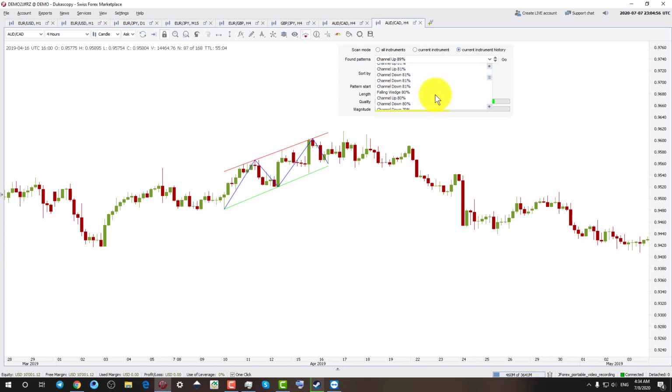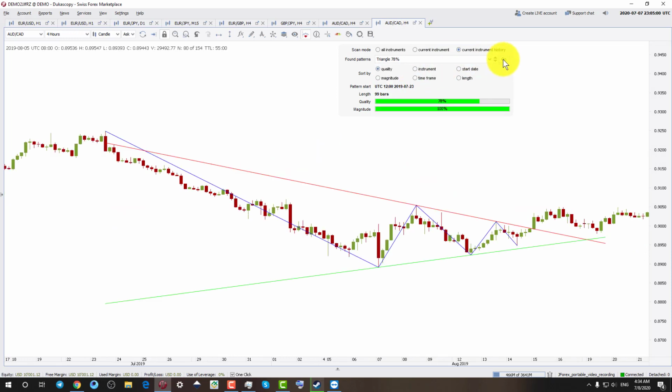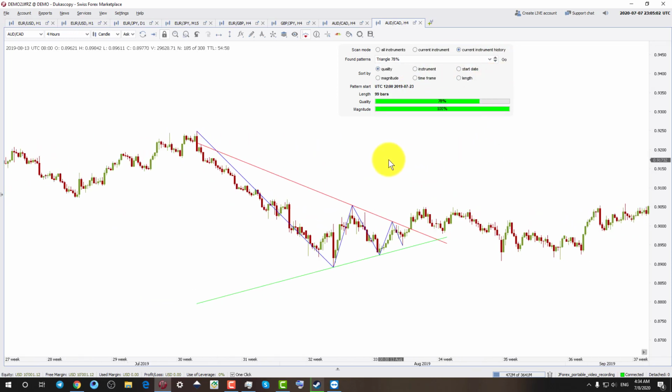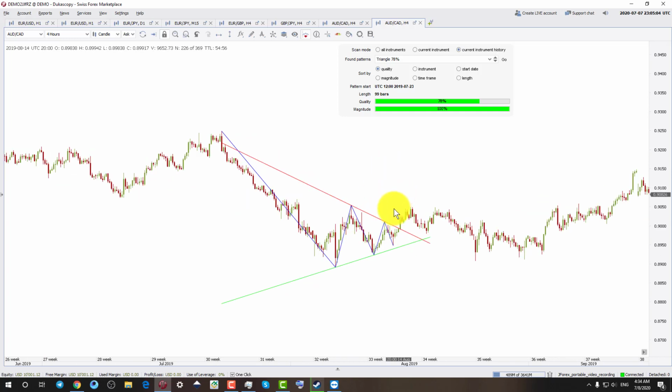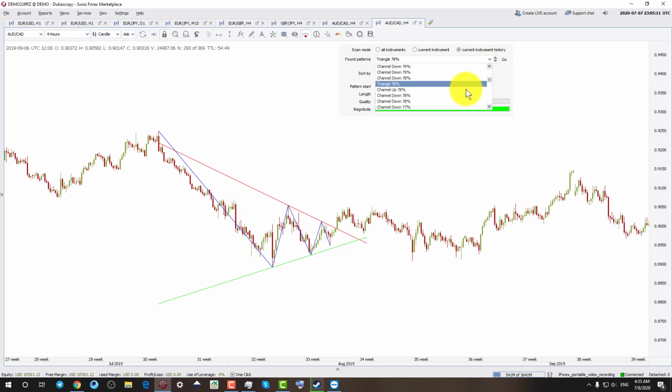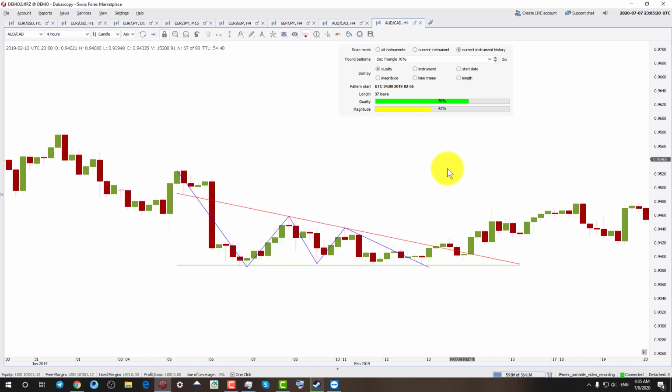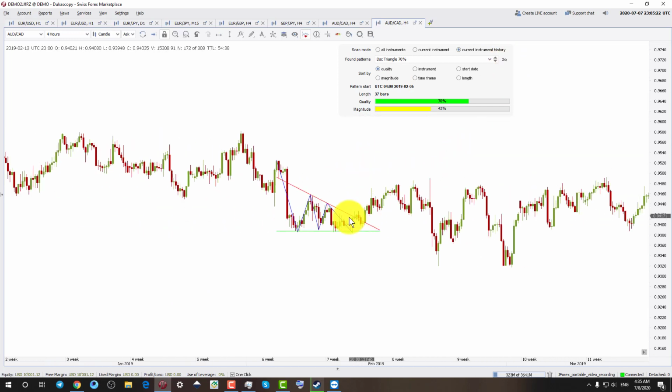Now these were channels. We want to see another type. Okay, there is a triangle at 78%. Let us see. So this is a triangle. You see, there was a triangle forming. In fact, it's a symmetrical triangle, and after a break higher, the price went higher for some time and then eventually lost. There are different types, like rising wedge, channel up, descending triangle, and many other things that you can check. This is a descending triangle, which broke up to the upside, got its target, and then eventually broke down. So this is how it works.